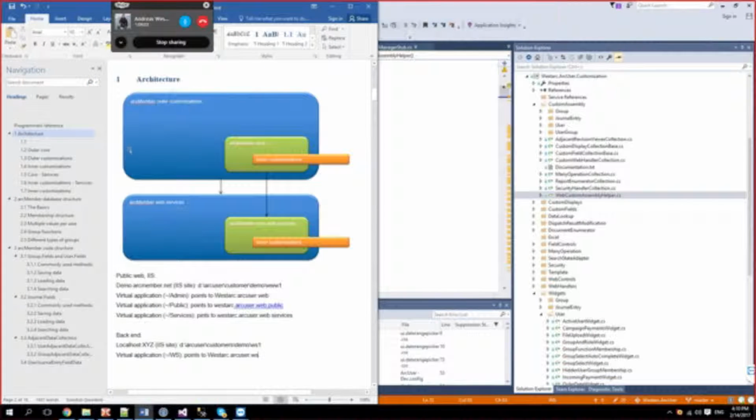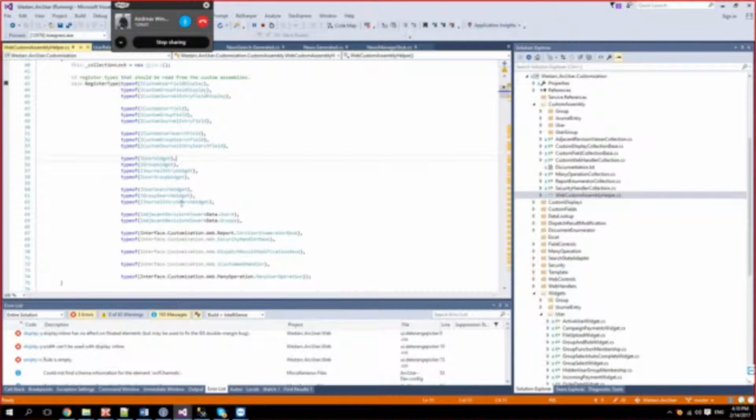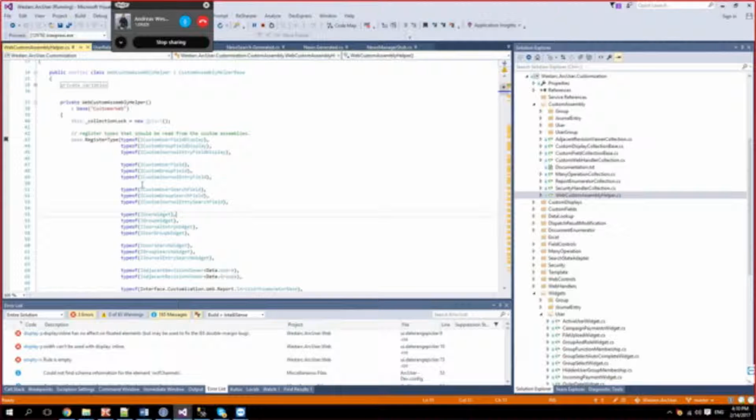So now again, we're up here still, and we've got the same stuff, same but different, in the backend. So you see that this implements a base class, custom assembly helper base. Let's see, Alt F7.